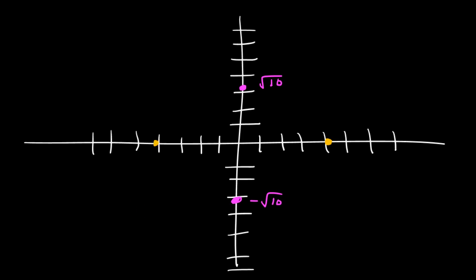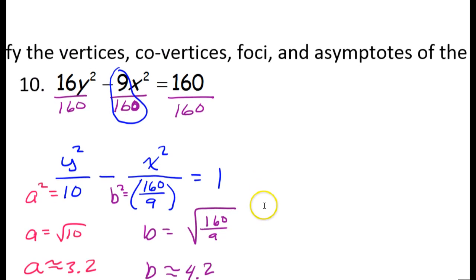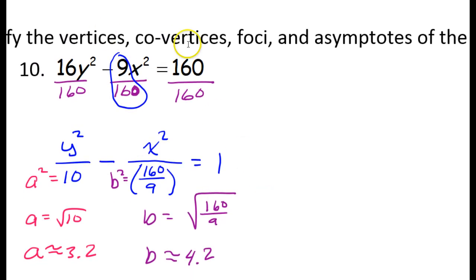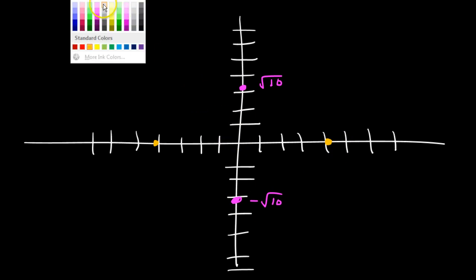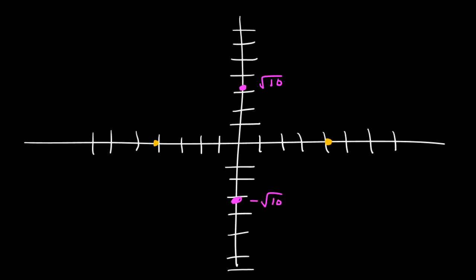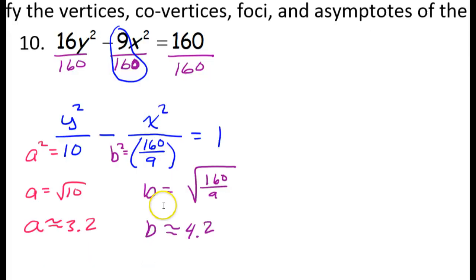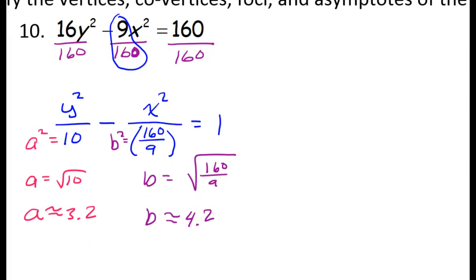Okay. What am I finding? I'm losing track of what I'm supposed to do. I'm supposed to identify the vertices, the co-vertices, the foci, and stuff. Okay, so I guess I will finish sketching this hyperbola. So I've got my vertices and now my co-vertices. Okay, I feel like I need to simplify this now. Now that I'm labeling things, I have my 4.2, but